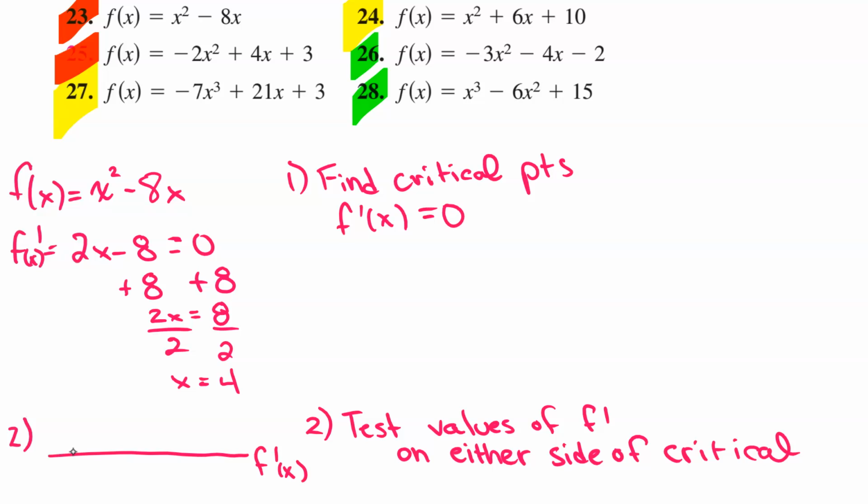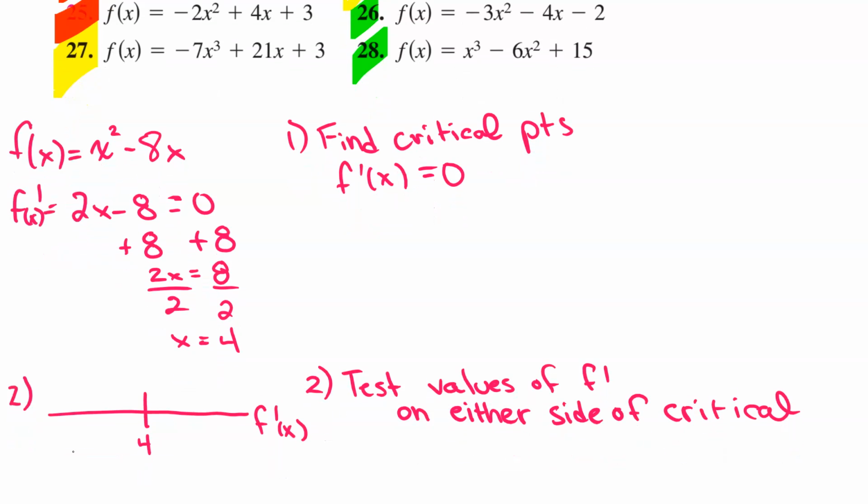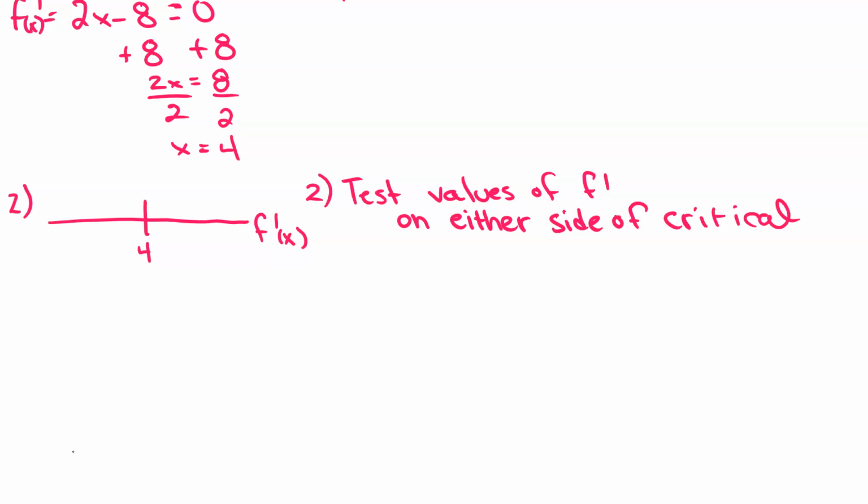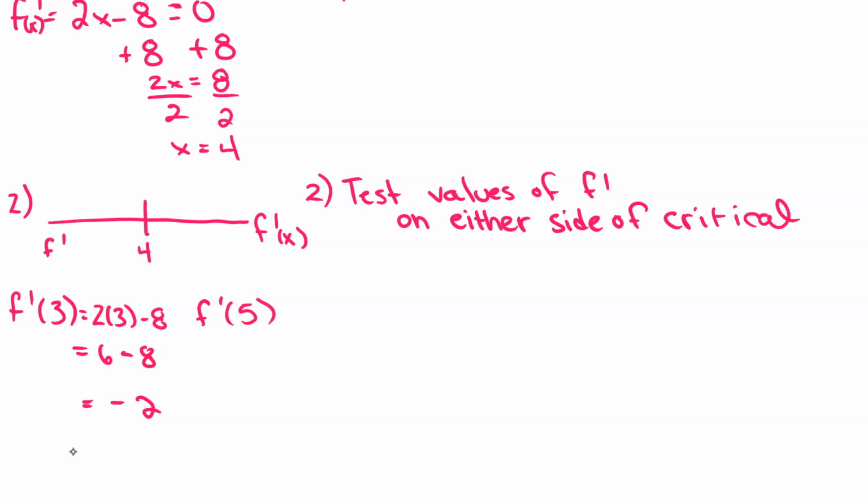I'm going to put my critical point of 4 on there. Now we just pick an x value on either side. So I could do f prime of 3 and f prime of 5. We're just looking to see what the sign is, so if it's positive or negative. So to the left of 4, we've got a negative first derivative,